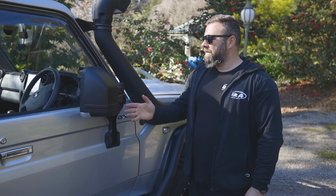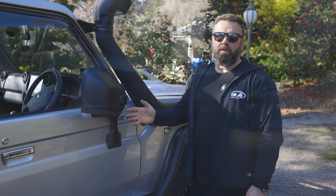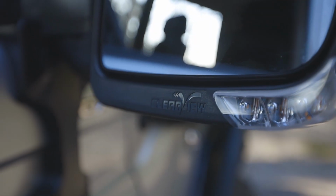Yeah, if you're in the market for a high quality mirror, you definitely can't go past the next-gen Clearview